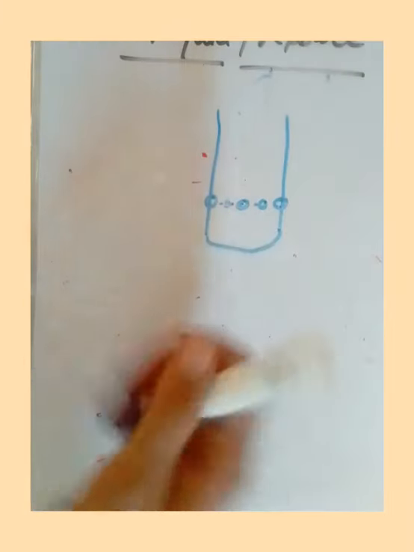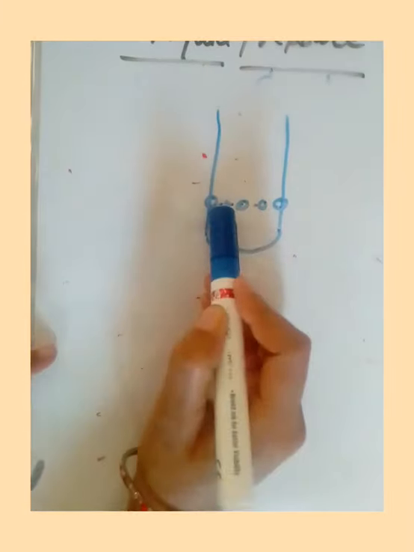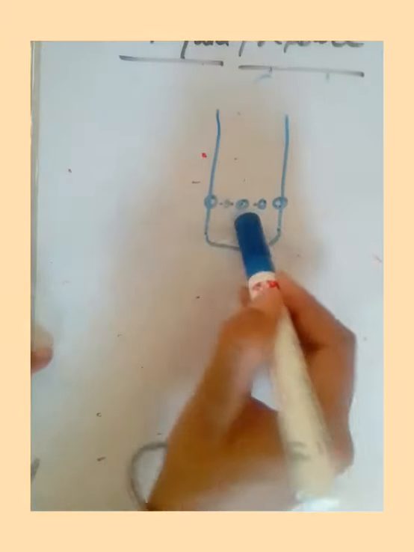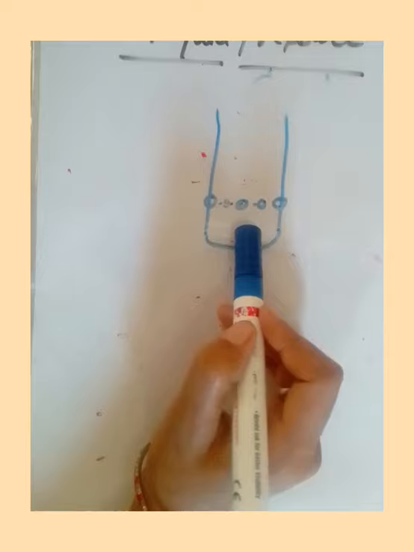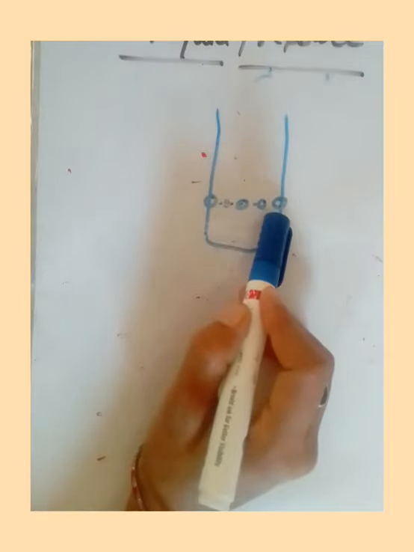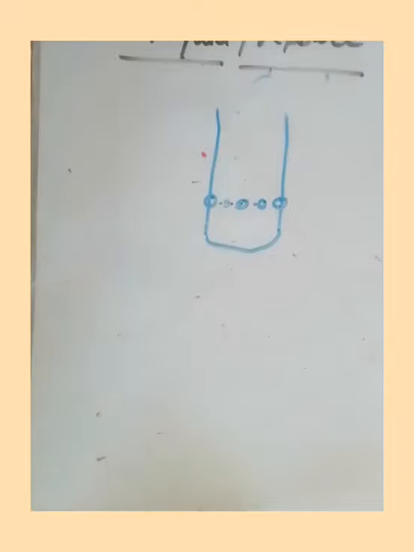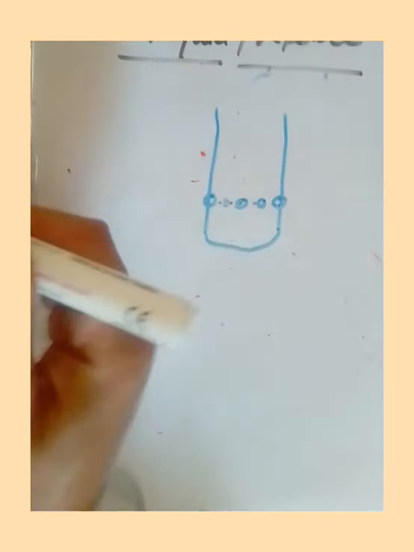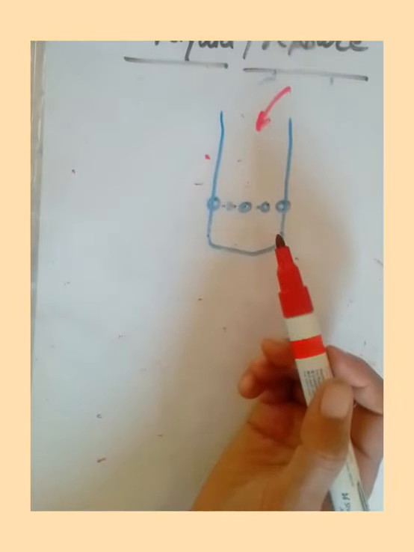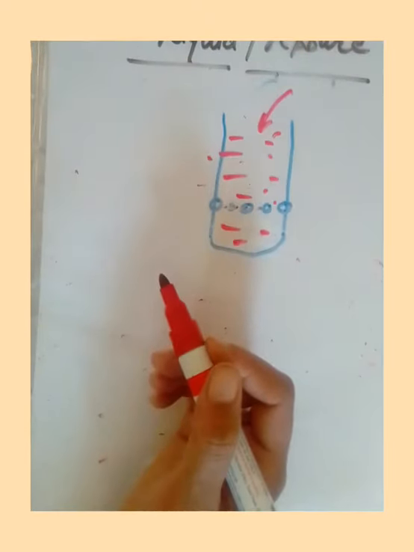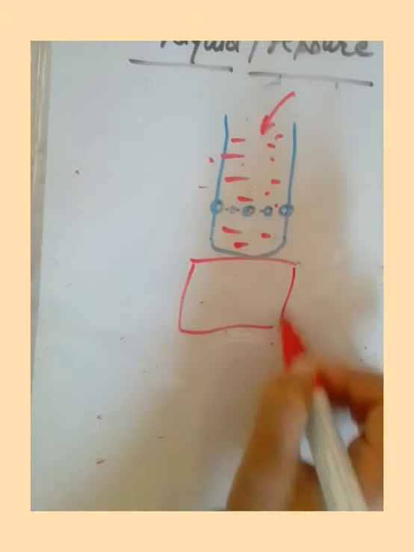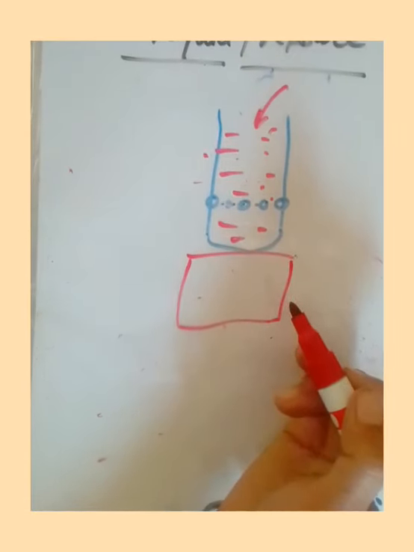Similarly, keep in mind that the holes should be at the same level, completely surrounding the bottle at one level only. Now similarly you will repeat the activity: cover these holes with tape, and then start adding water. The inlet is this, water is entering from here, colored water showing here. Now place it at a particular height.